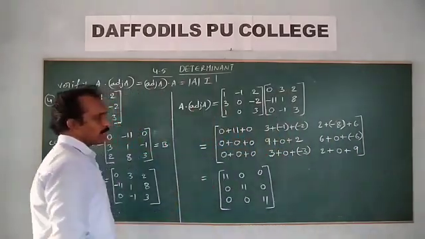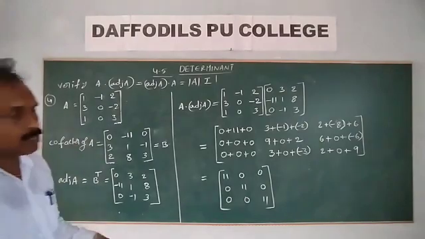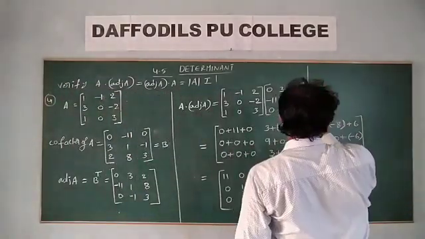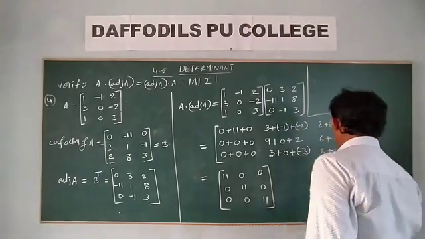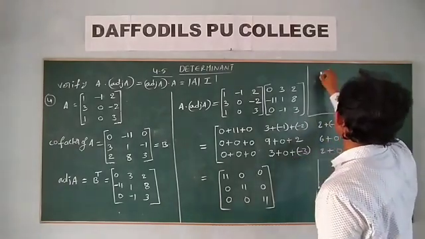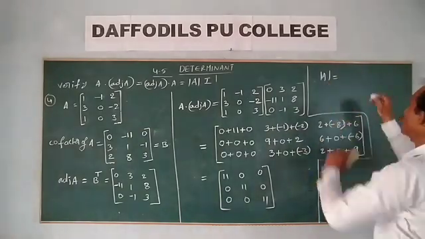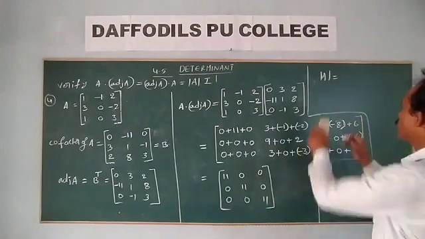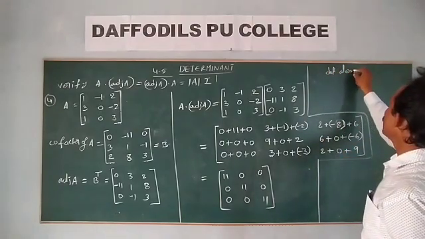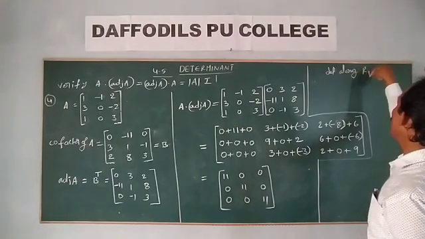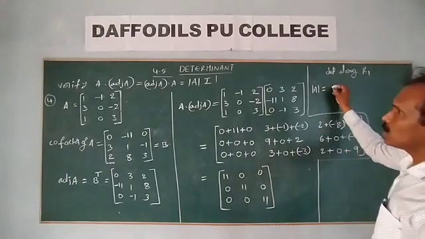So this value is equal to 0, we show the delta A into I. So we will now find delta A. Starting only, find delta A. Delta A value, along with the first row. Determinant along R1.